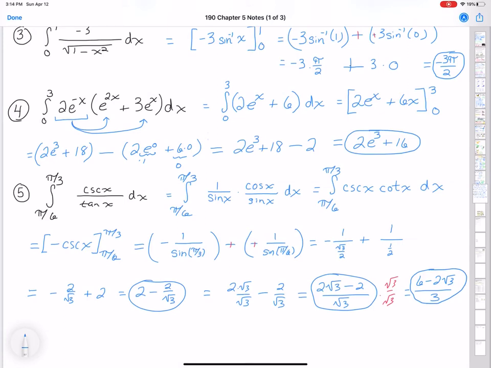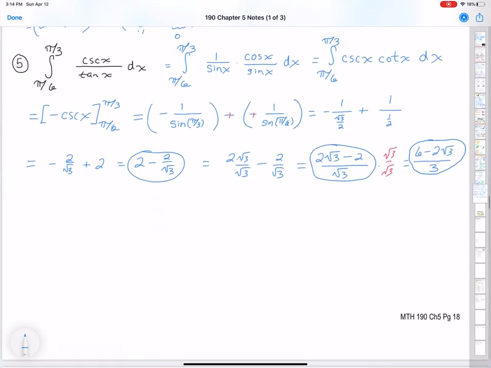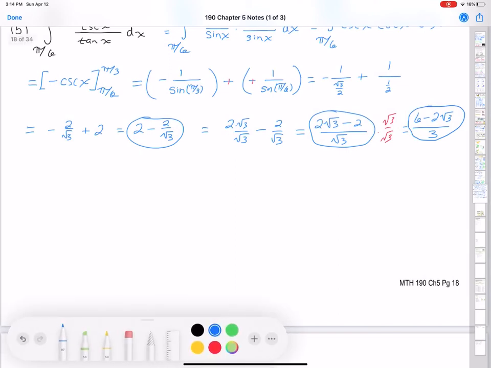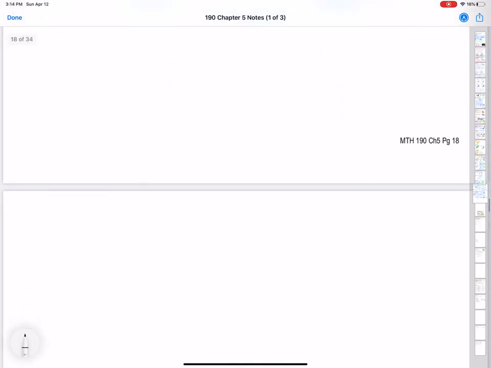All right, so let's take a look at just one more example here. I think we're going to end with a little application problem. So I guess this is our number 6. I think I'll just go to the next page here. So number 6, suppose we have